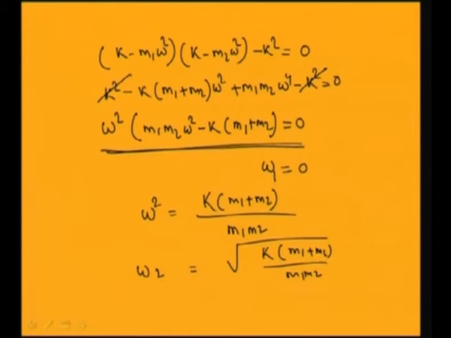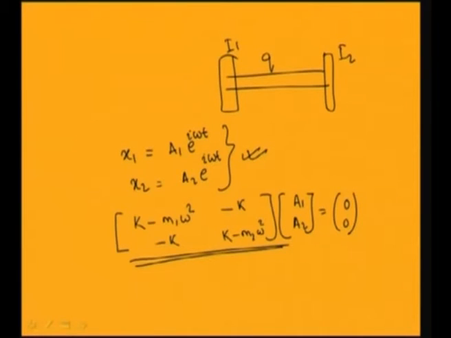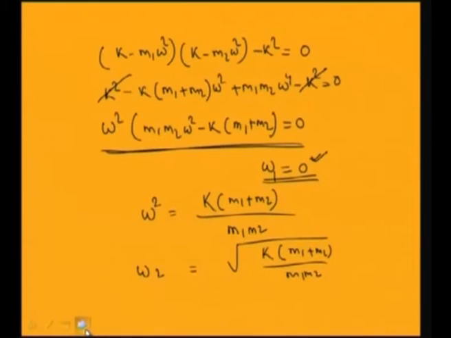So you have seen you have two frequencies, out of which one frequency equal to 0. So this is a degenerate system, for which you have omega 1 equal to 0. If I substitute this omega 1 equal to 0 in this equation, so let omega equal to 0, you can see that k into a1 minus k into a2 equal to 0, that means a1 equal to a2. So for omega 1 equal to 0, you have observed that from this equation.